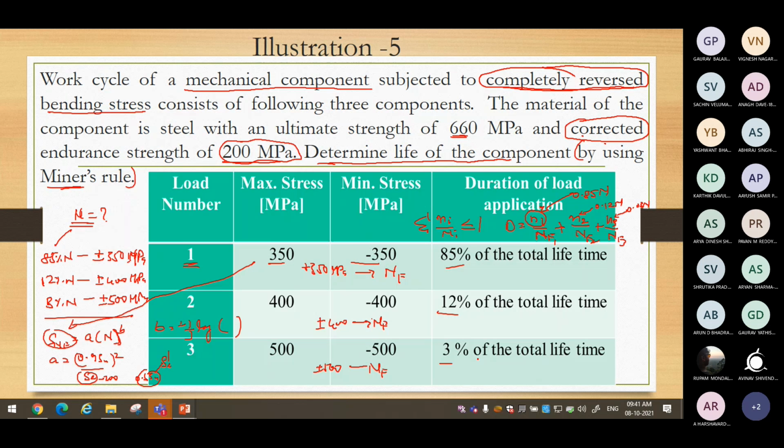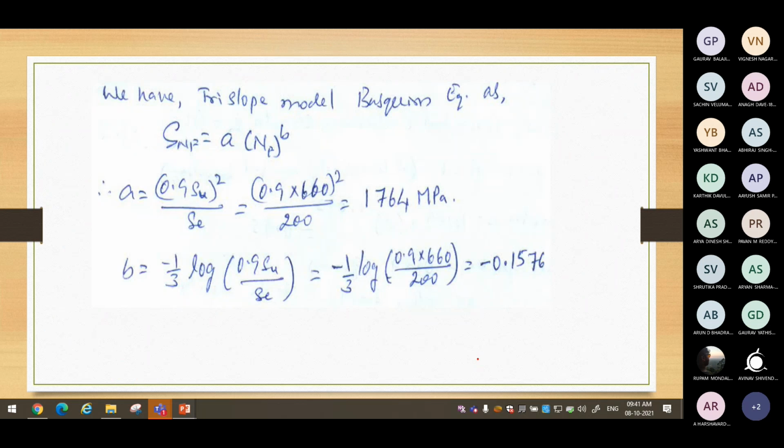That may be because here initially you might have taken some approximation. Say here 1576. You might have taken only 3 digits or 2 digits. It is recommended to take at least 3 decimal places in any problem when you solve. That will give the better accuracy.